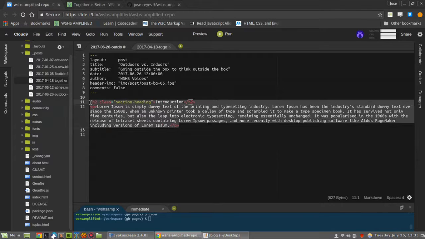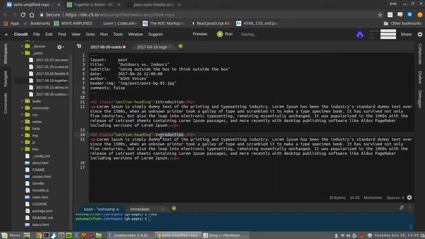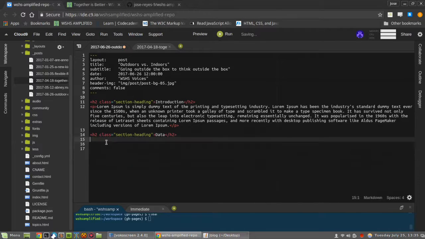Now I'm just going to copy this, paste it again, and here I'm going to write data. Now, in here I'm going to quickly insert just some quick data and research. So this is going to be all my research, and I'm going to be talking about what I found in